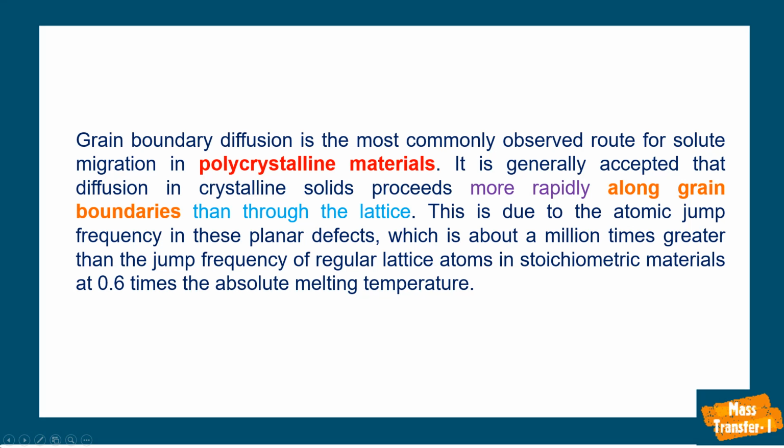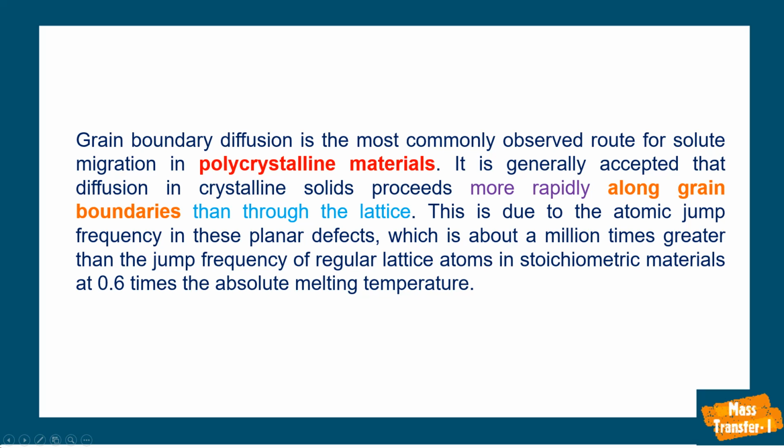Grain boundary diffusion is the most commonly observed route for solute migration in polycrystalline materials, because there will be more defects at the grain boundaries. That's why it is generally accepted that diffusion in crystalline solids proceeds more rapidly along the grain boundaries than diffusion through the lattice. This may be due to the atomic jump frequency in these planar defects, which is about 1,000,000 times greater than the jump frequency of regular lattice atoms in stoichiometric materials at 0.6 times the absolute melting